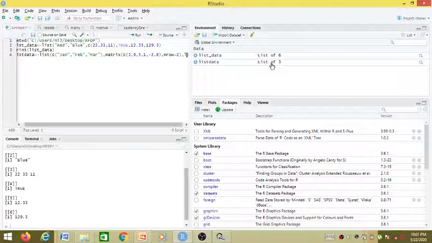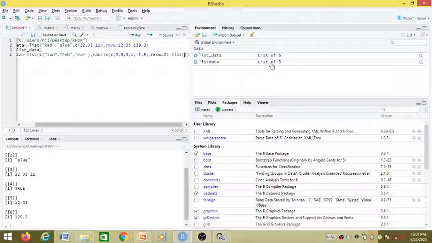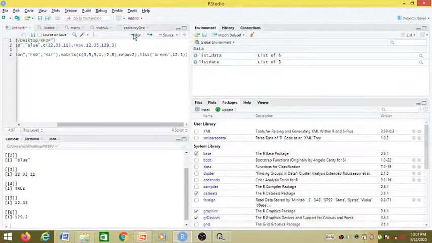So again I am calling a list function and I am creating a list inside a list. So this list has 2 values. One value is green and another value is 12.3. Again, as we know, a list can have multiple data type values, so we are providing multiple data type values to this inner list as well. Run this